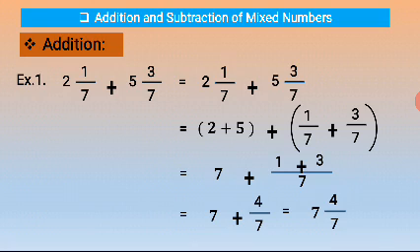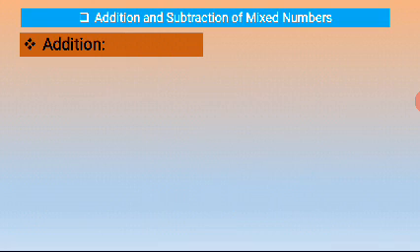So the sum of 2 and 1 upon 7 plus 5 and 3 upon 7 is 7 and 4 upon 7. Got it? We see another example. Example number 2,